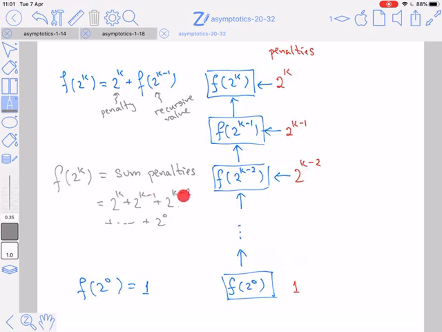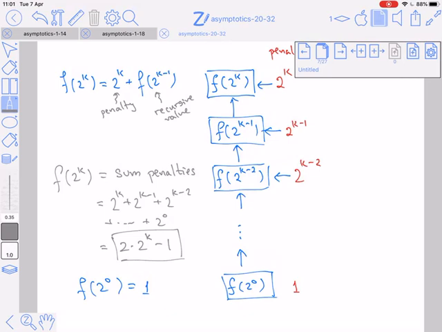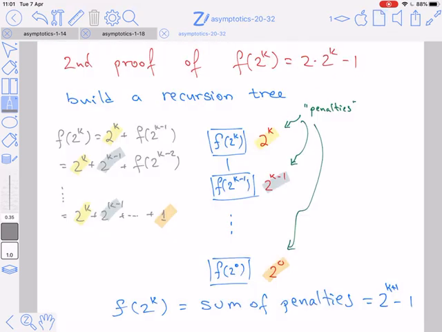But what is this summation? This is a geometric sequence. We know what this value is. It is 2 times 2 to the k minus 1. Okay, so this is how you derive your guess, which you could prove if you want by induction, if you don't trust this analysis. So the point I want to emphasize in this proof is what I actually did is